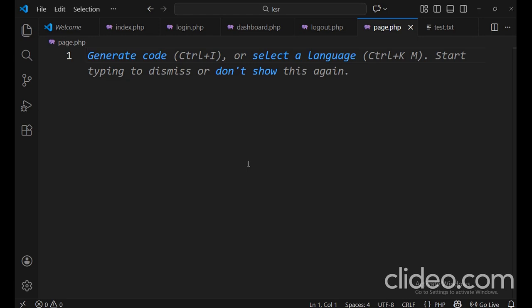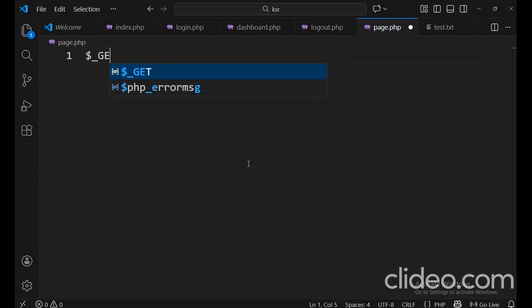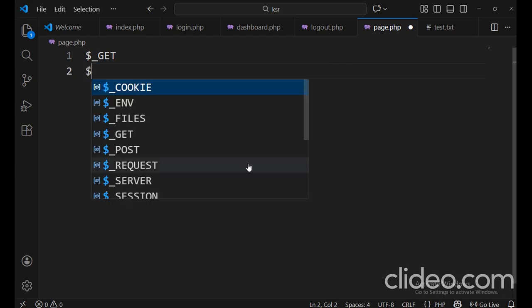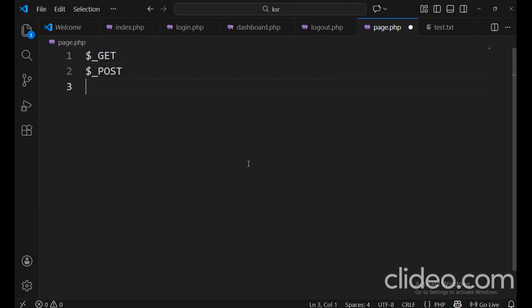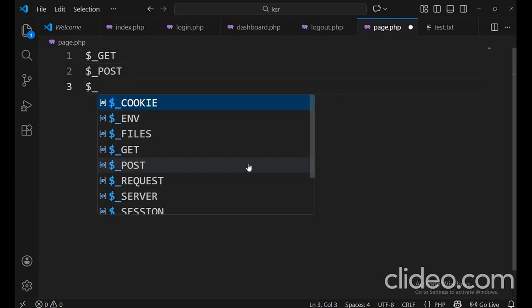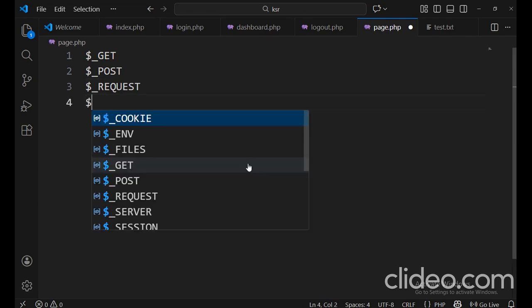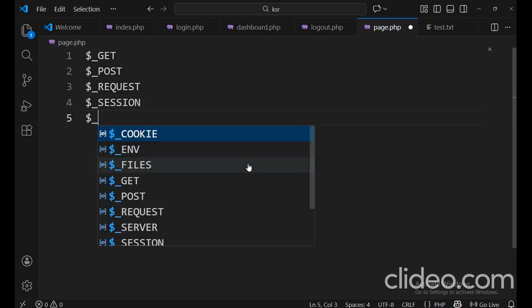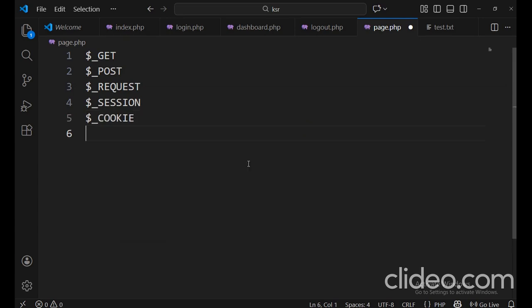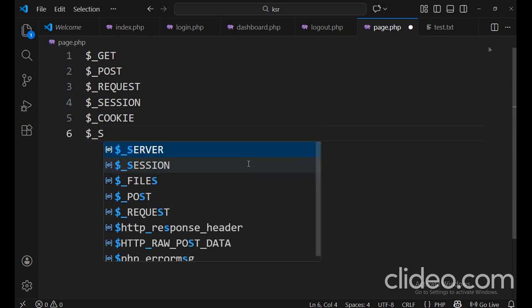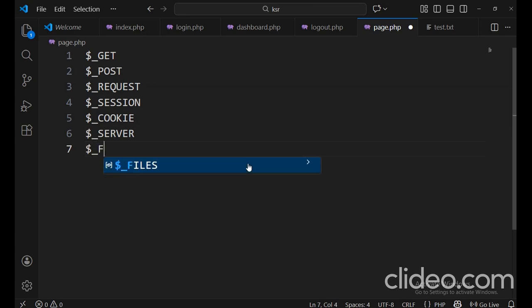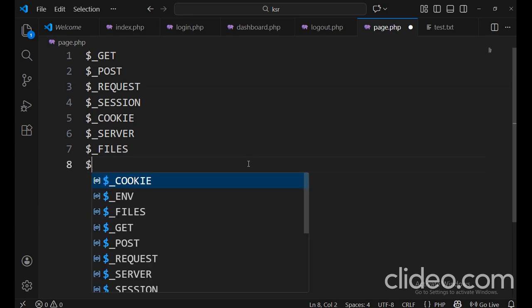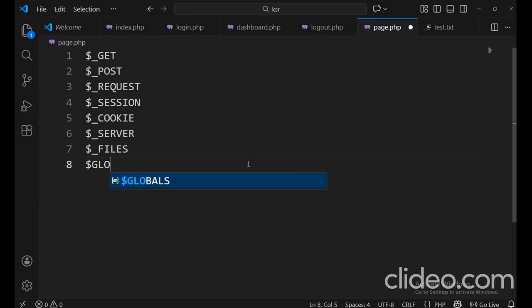First of all, $_GET, $_POST, $_REQUEST, $_SESSION, $_COOKIE, $_SERVER, $_FILES, next $GLOBALS. Okay, first we'll check